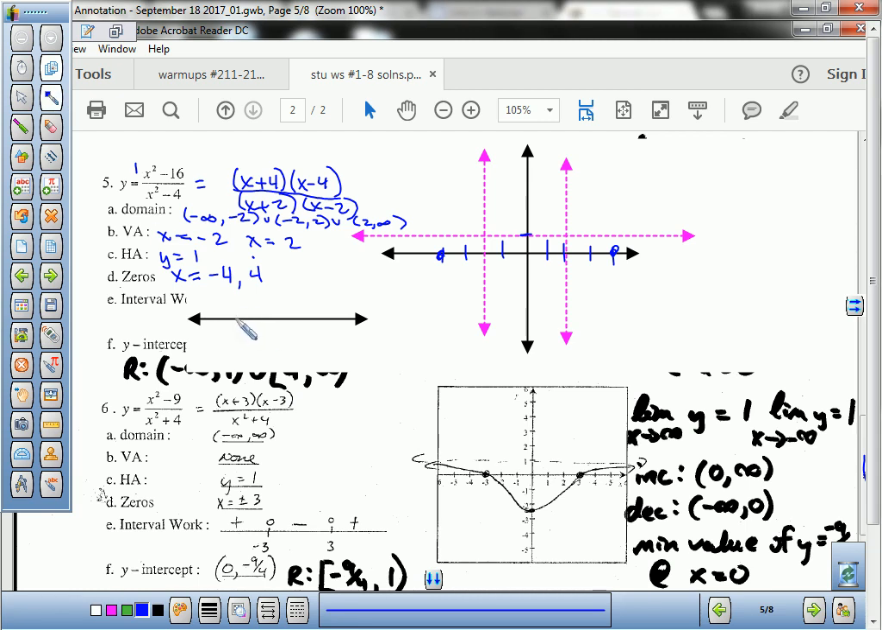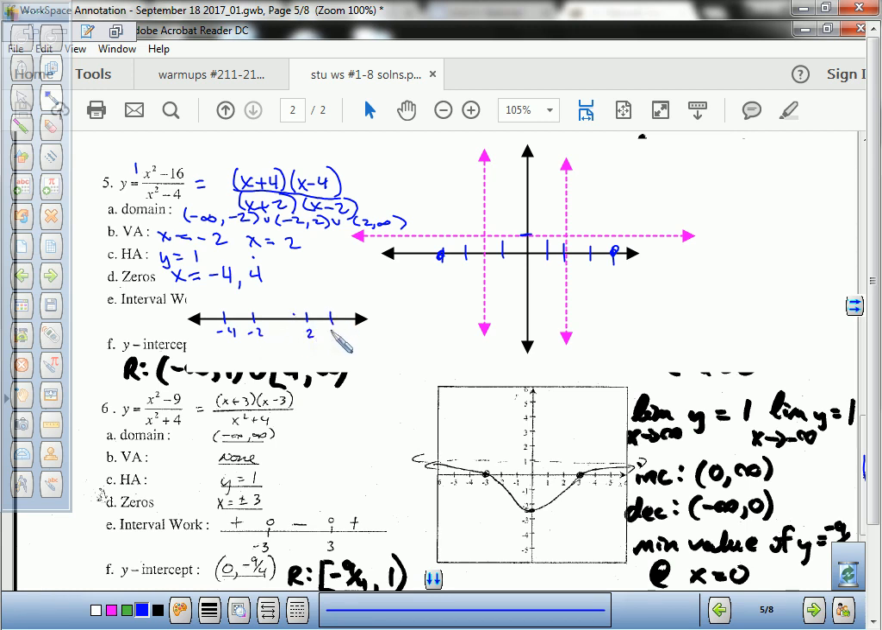So what values go on our interval? We've got negative 4, we've got negative 2, we've got positive 2, and we've got positive 4. Plus minus. Okay? So when we do this, we get